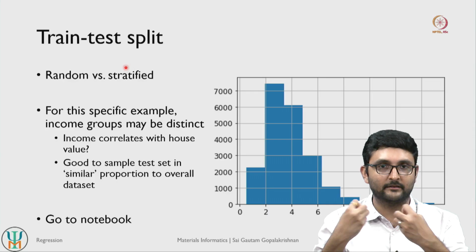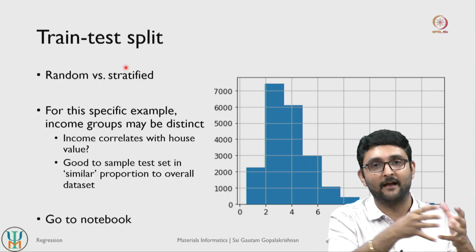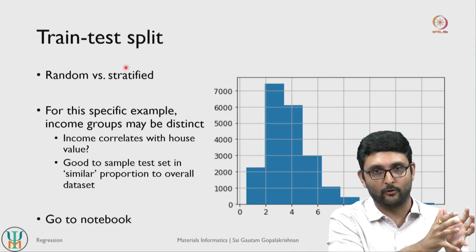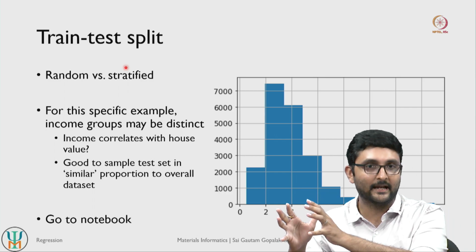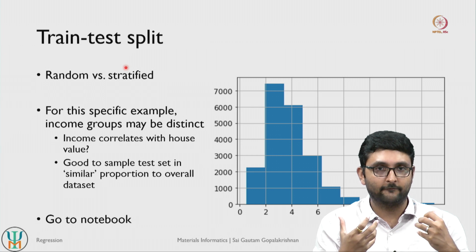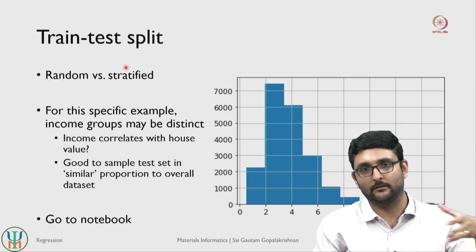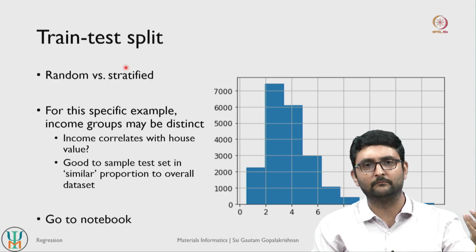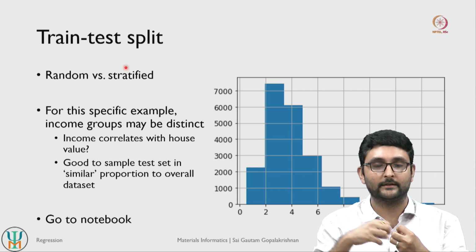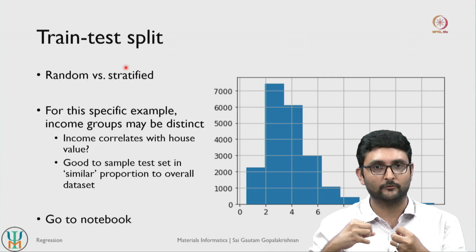and among the categories we choose a number of data points within our test set at random corresponding to how many data points they have overall. So for example, if you have 10,000 data points in the low income category, 5,000 in medium and 5,000 in high, for example, right, and if you want to take 20% of all the data points into your test set, you take 20% of 10,000 which is about 2,000, and then you take 20% of 5,000, which is 1,000 data points, and then you take 20% of the 5,000 in the high income category, which is about 1,000 data points, right.